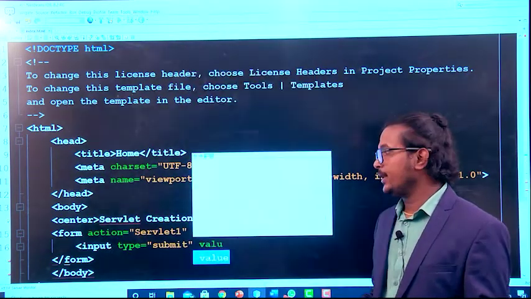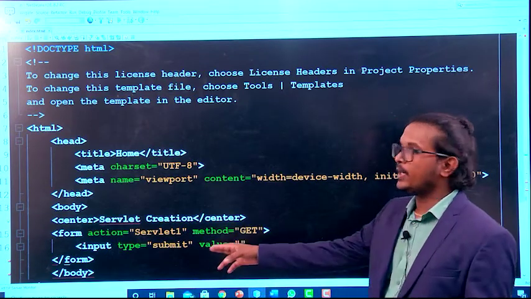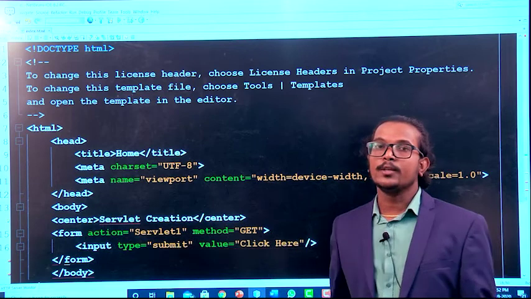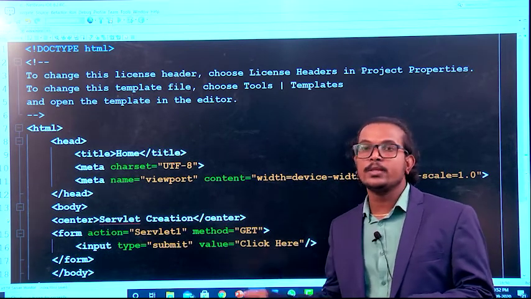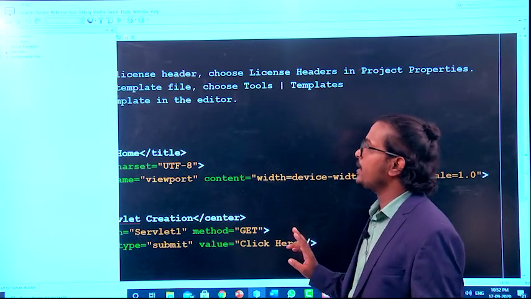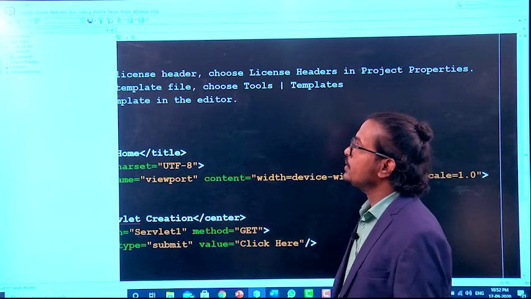or without taking the input information also we can do that. So here I am taking the submit button. Whenever you click on that particular submit button, it will interact with your server. Okay. So next, once the page creation is done, you go to your server.